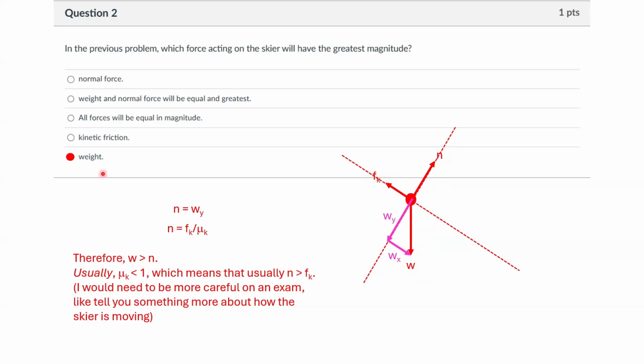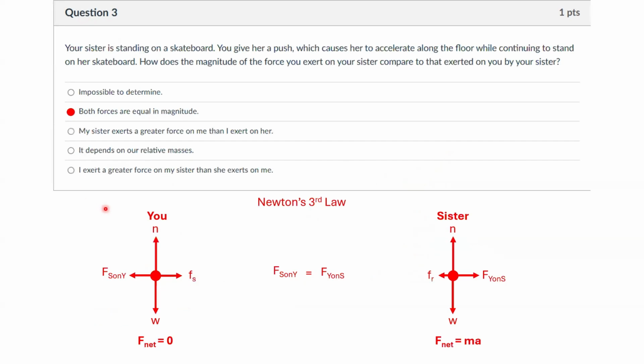This one didn't actually ask us to rate them all, it just asked us to rank greatest weight. Greatest. All right. We had in some of our in-person meetings, I think, this example of your sister on a